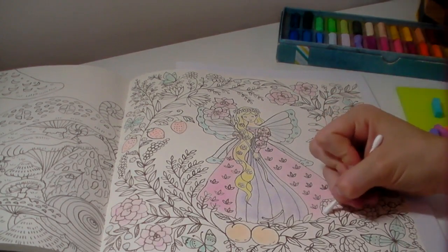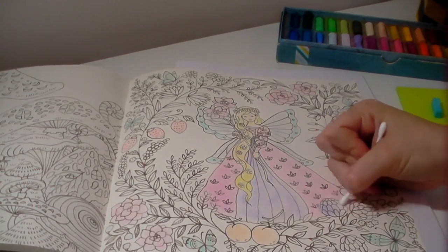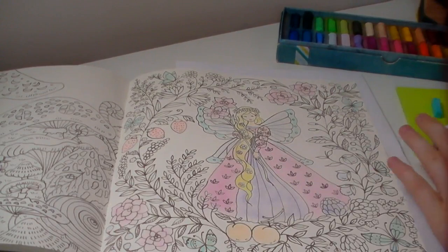So what I'm doing here is just picking out areas that I'm going over the